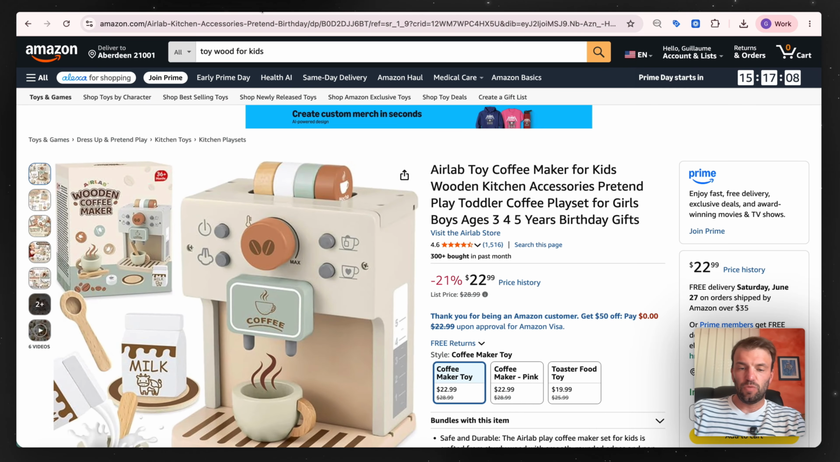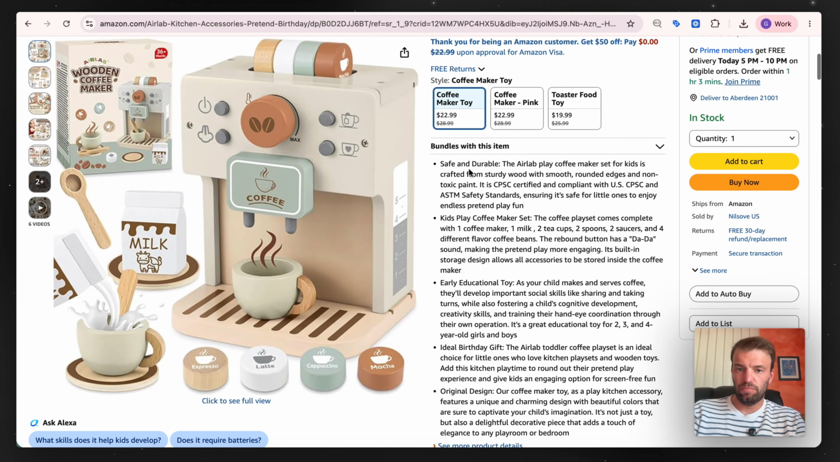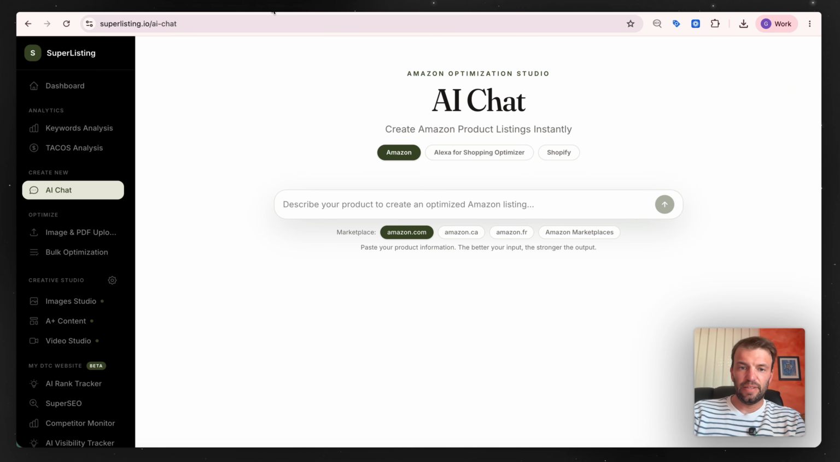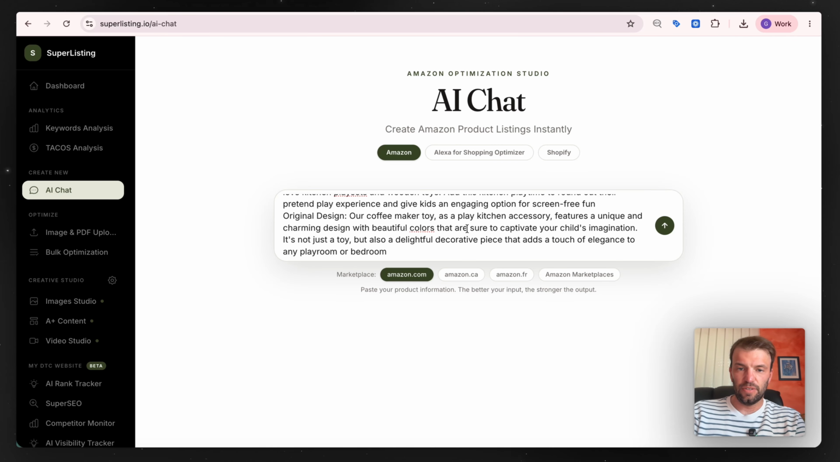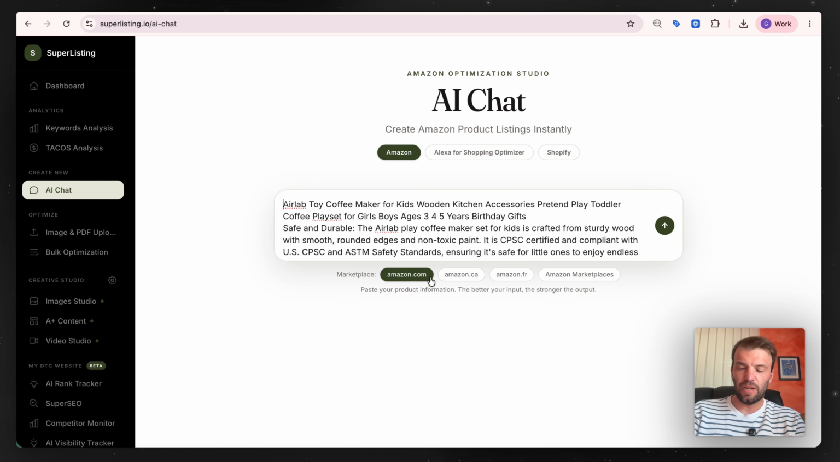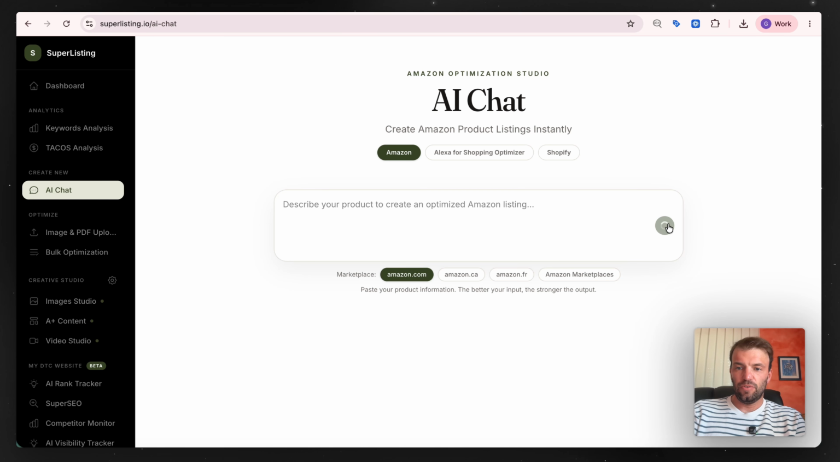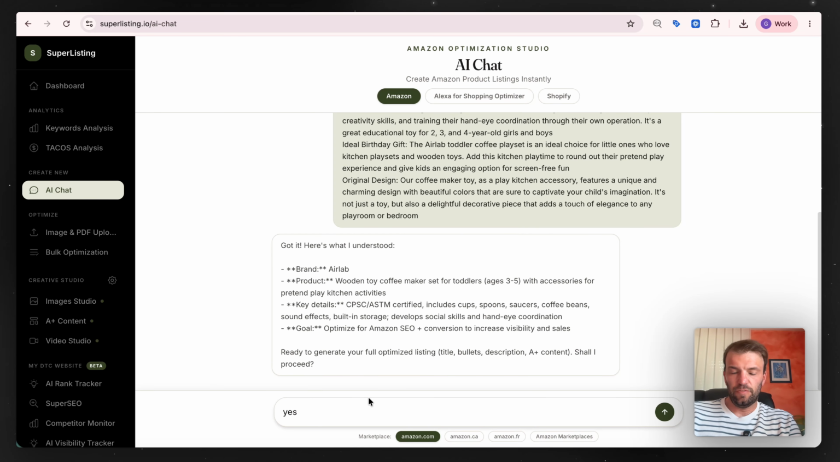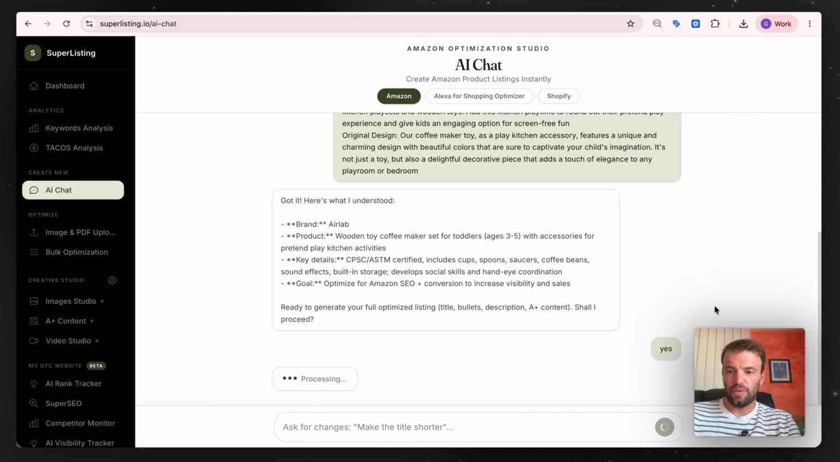What we need to do is just grab the title, and the information of the product on the product listing, especially the bullet points, and you just need to copy paste it here in the AI chat. You make sure to select the right marketplace. In this case it's Amazon.com. You click on it, you just press enter. Here you just need to validate if it's okay for you. You just press play again,